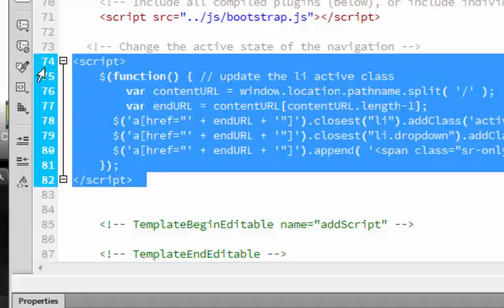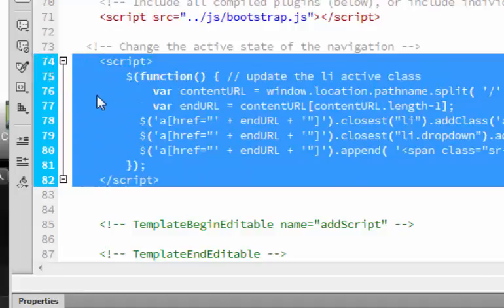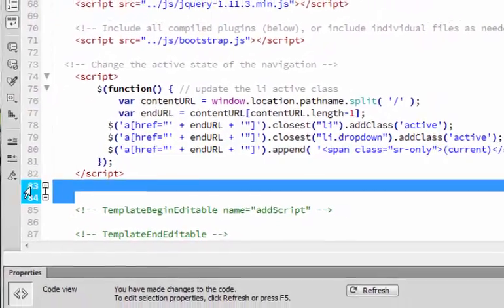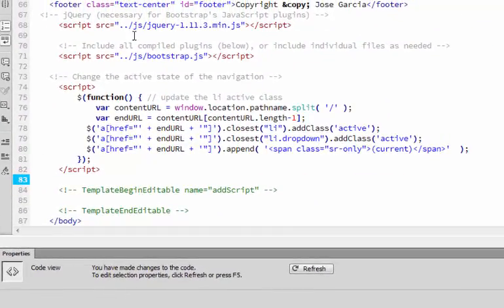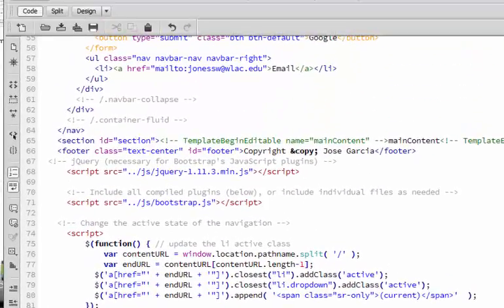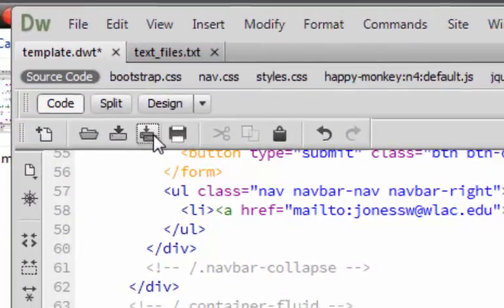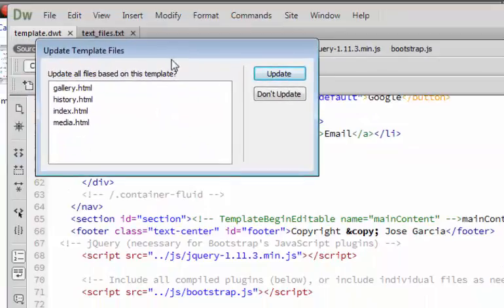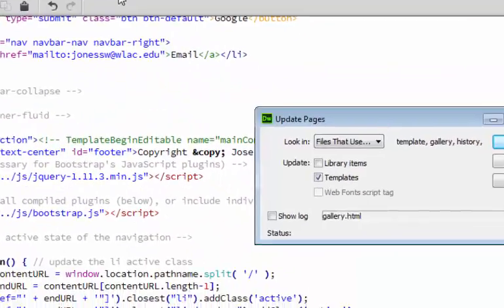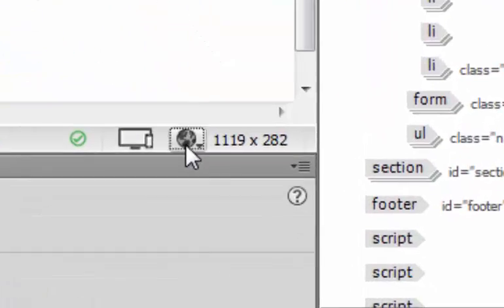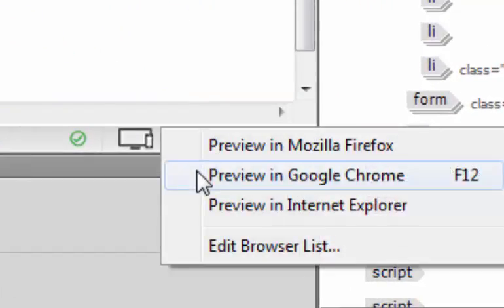I'm trying to keep everything nicely centered and lined up like we had it on the other ones. So this is the JavaScript that I'm adding in. You can copy this from the text files. You can also get it from the Etudes website. And I'm going to hit refresh, and now I'm going to go choose Save All once more. And it's asked, do we want to update? We sure do. We're going to close, and now we're going to switch back to Chrome, Preview in Chrome,